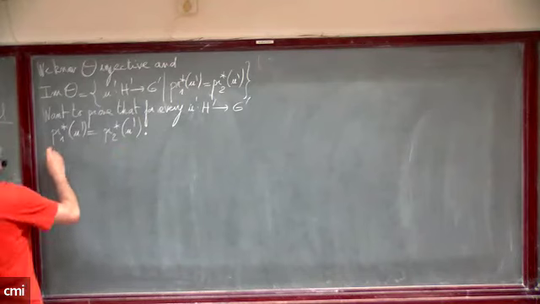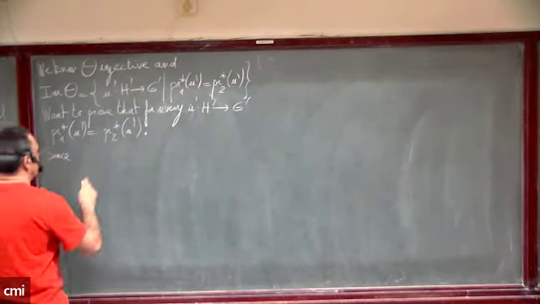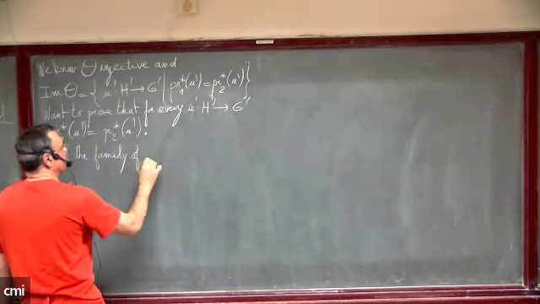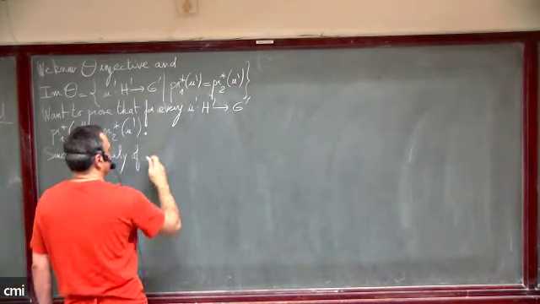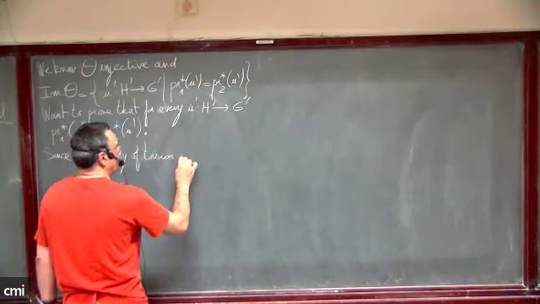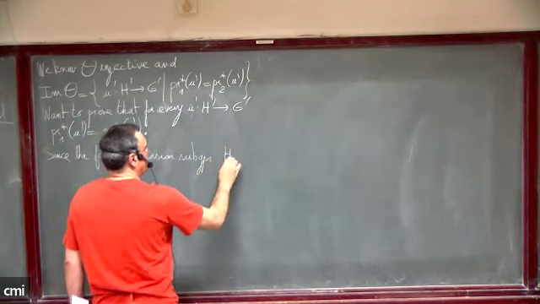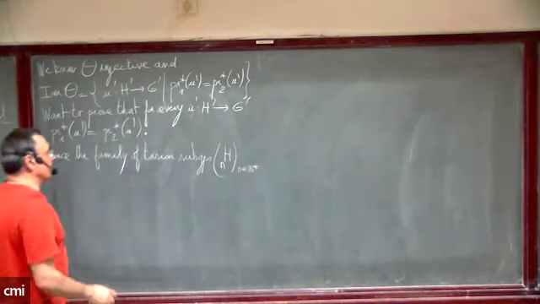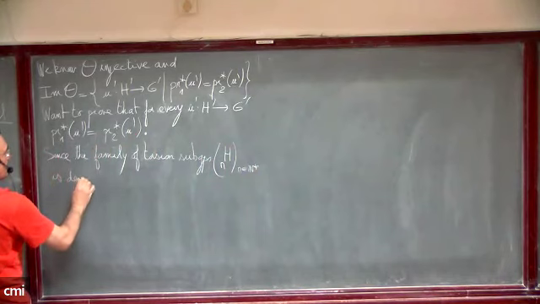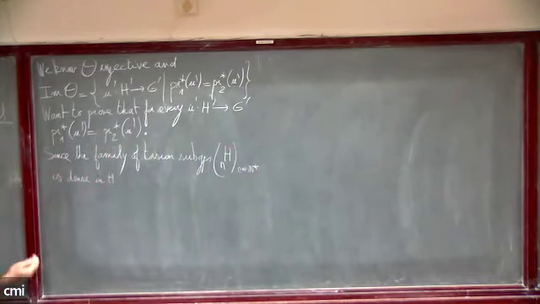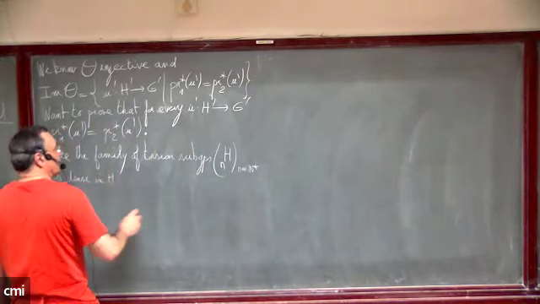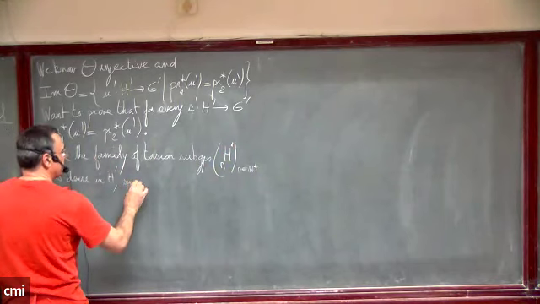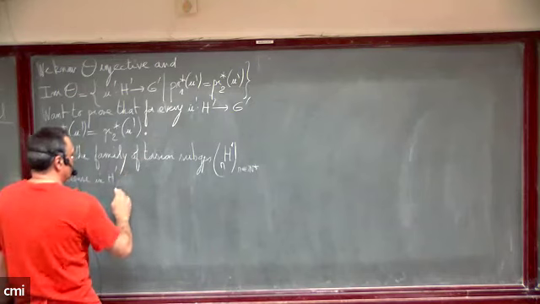And since the family of torsion subgroups is dense in H prime, it suffices. We can assume